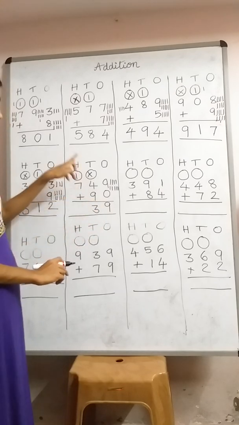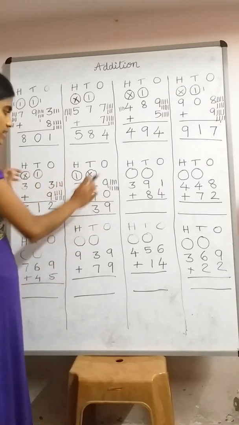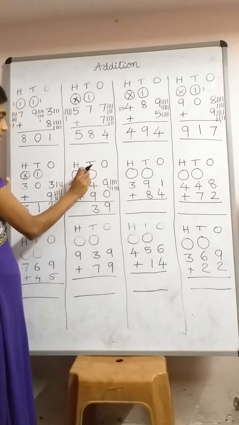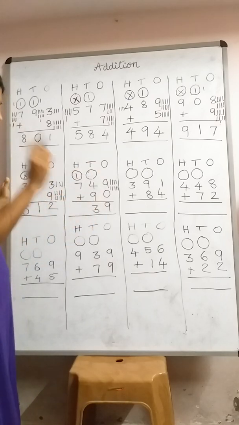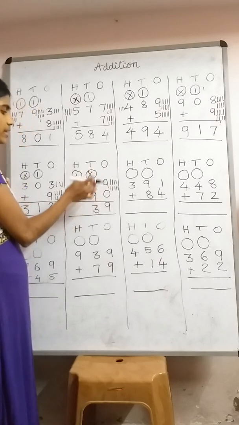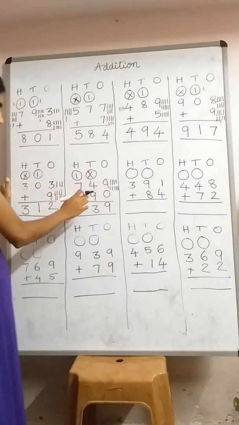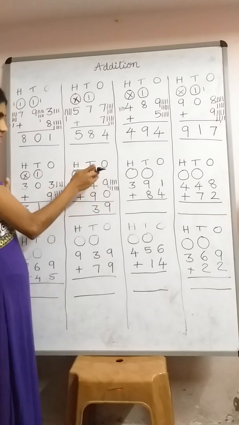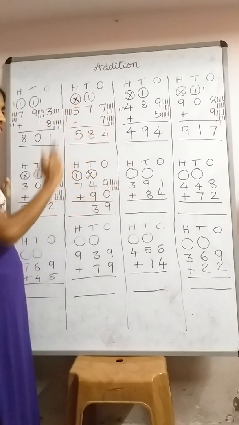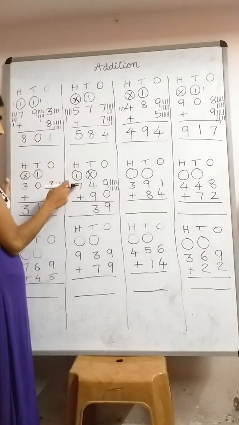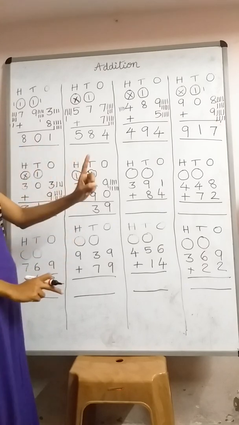Please carry the number to the hundreds place. Some of them make a major mistake. They do not put the X here, and what do they do? 9 plus 4, here 1 and here 3 you write. That is completely wrong. You cannot carry the number in the same place. If you got 9 plus 4 is 13, you cannot write 1, carry 1 in this place itself. You should always carry it to the next place. Remember this. So here we have 7 with 1. 7 afterwards 1, say 8.